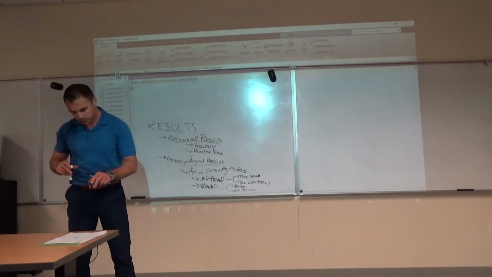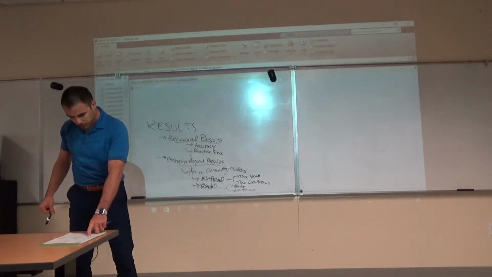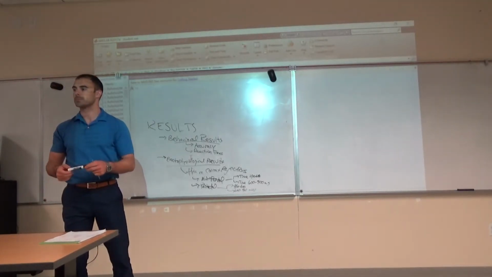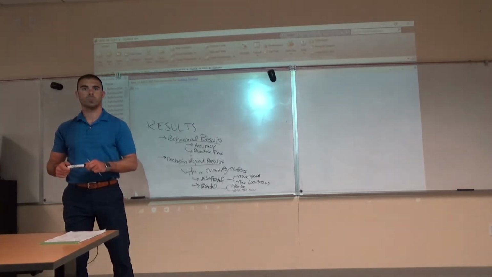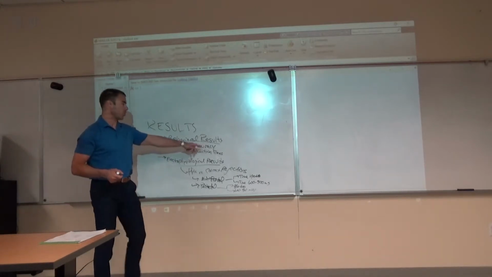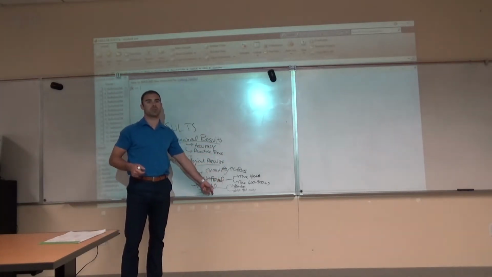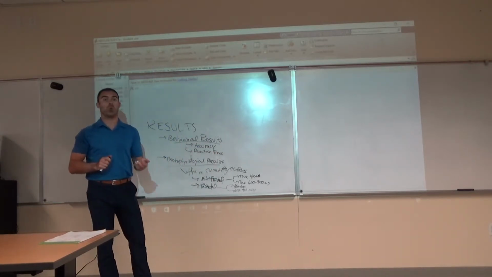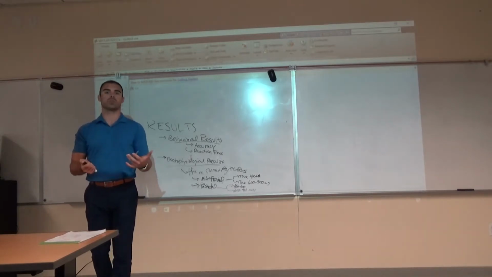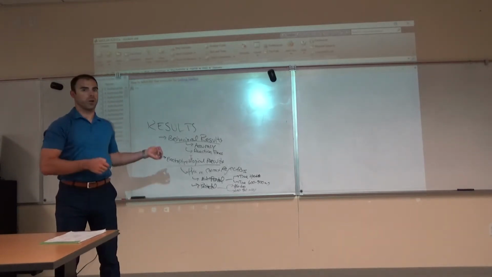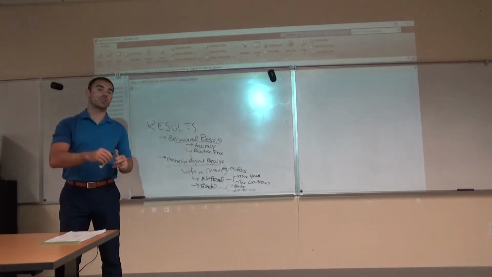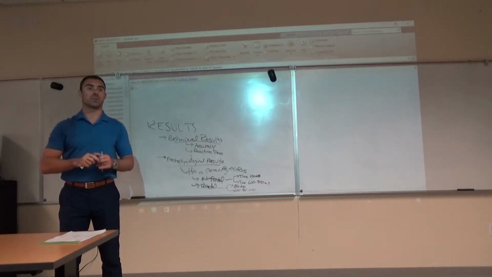Now, what else do we need to include in a results section? What'd you say, Alyssa? Well, yeah, but the t-test, you're right. You want to report what the t-test is for each of these measures. You're going to have t-tests for all of this stuff. So you're right, absolutely. But what other sort of core elements of the results section do we need to include that we haven't talked about here yet? Yes? You're right, the significant difference, but that's what the t-test is going to tell you. What else?